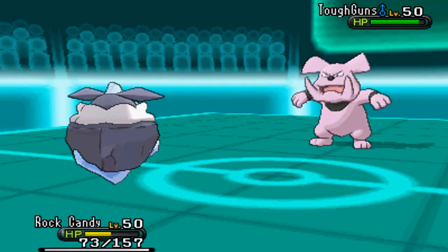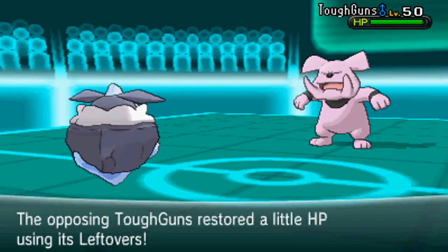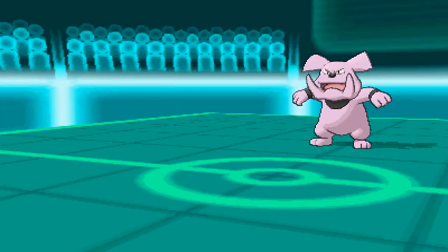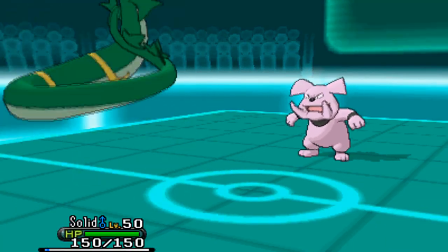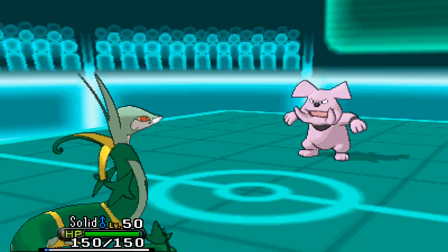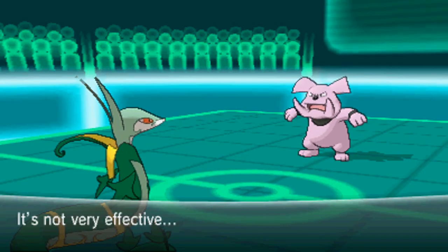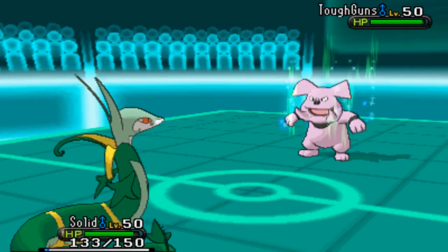He's not going to be able to do too much to me at all, but unfortunately, I'm also not going to be able to hurt him. Rock Candy's only attacking move is Moonblast. So I'm going to decide to switch out here. I go into Solid, knowing that I can take any attack this thing wants to throw at me after the Reflect. So the Earthquake does absolutely nothing, and then I'm expecting him to switch so I can actually get up